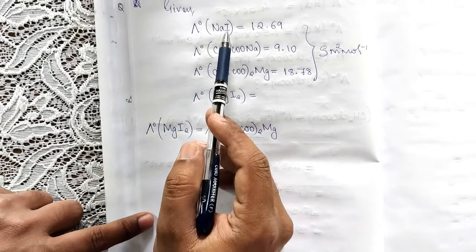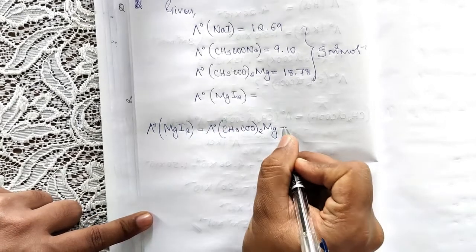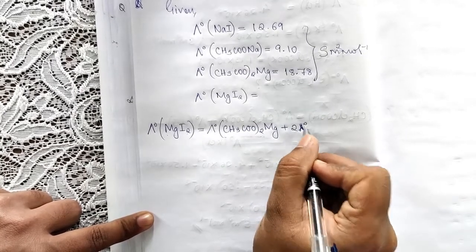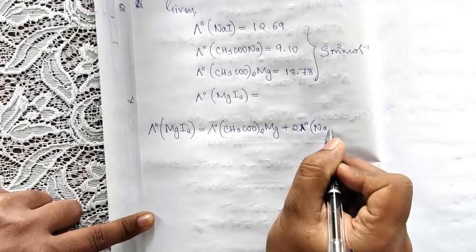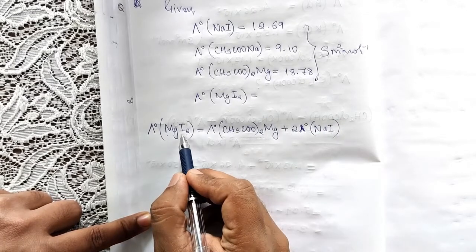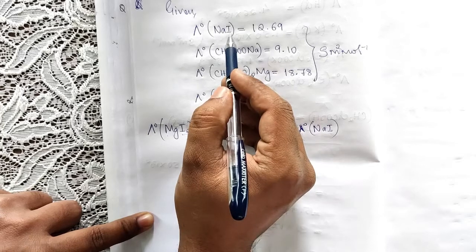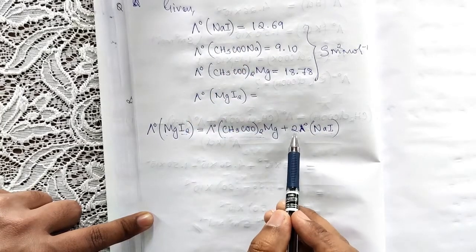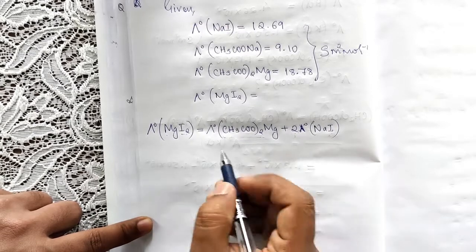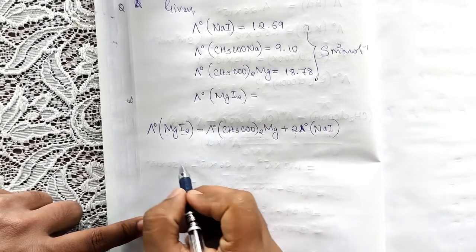So in order to make this one 2, what shall we do? We shall multiply with 2. So I multiply with 2 in order to get I2. Since this is I2 and this is only one I out here, I need to multiply with 2 to get I2. So now if you add these two together,